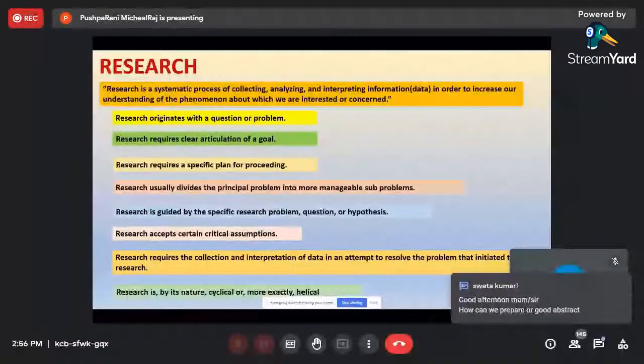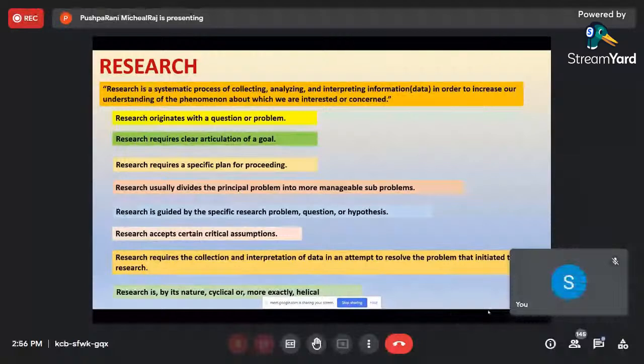So research and search are two different things. We must understand the difference between search and research. Research has a particular question, you address that question, and you have sub-questions. You always address those sub-questions in order to answer your main question. It has a particular goal. And search is when you lost something, you search for it. And this is the difference between search and research.